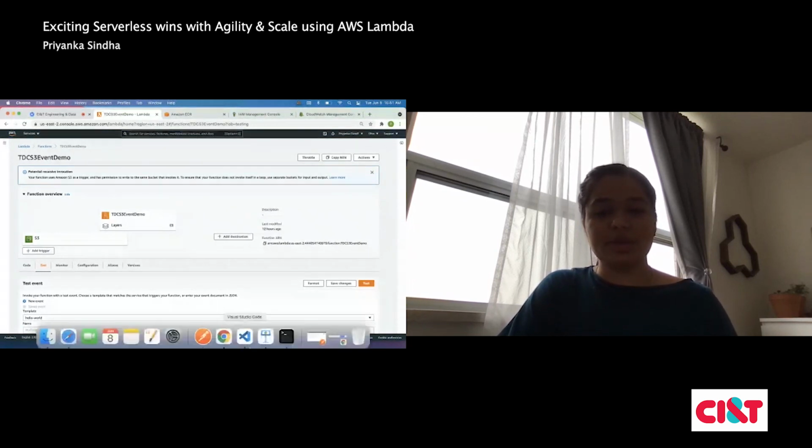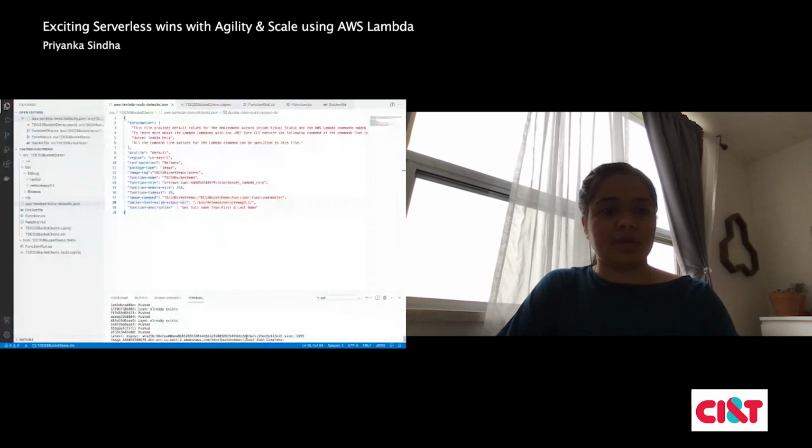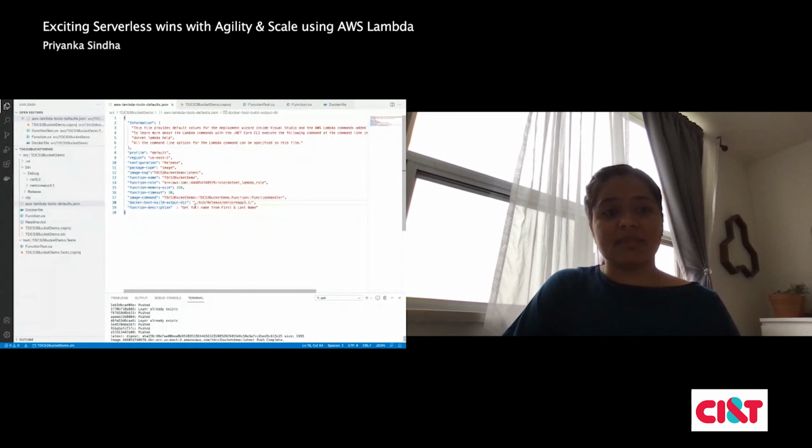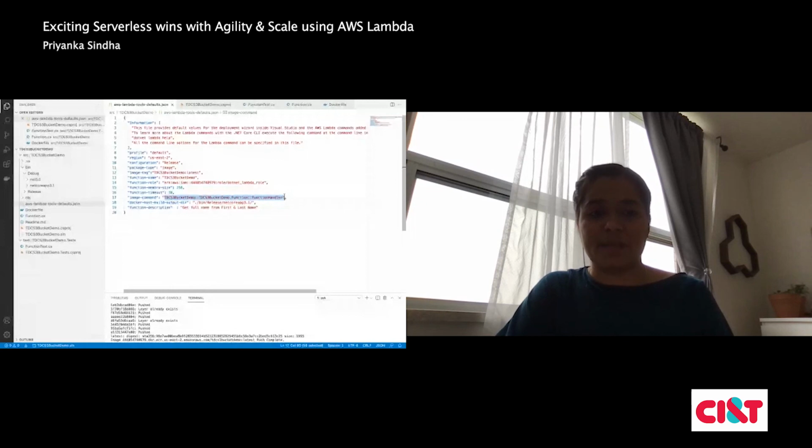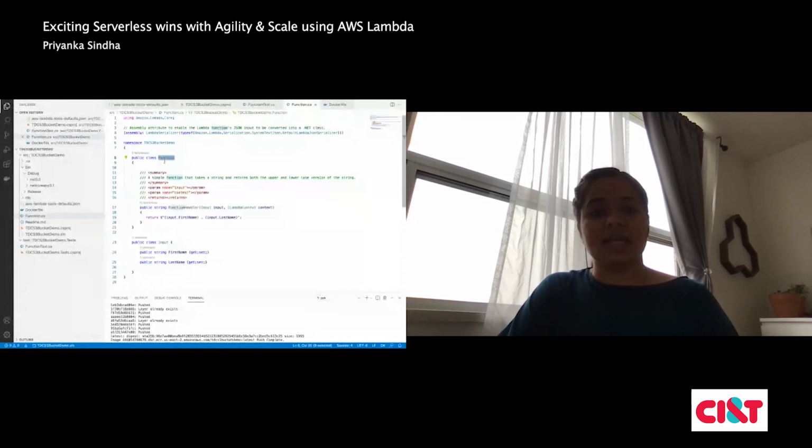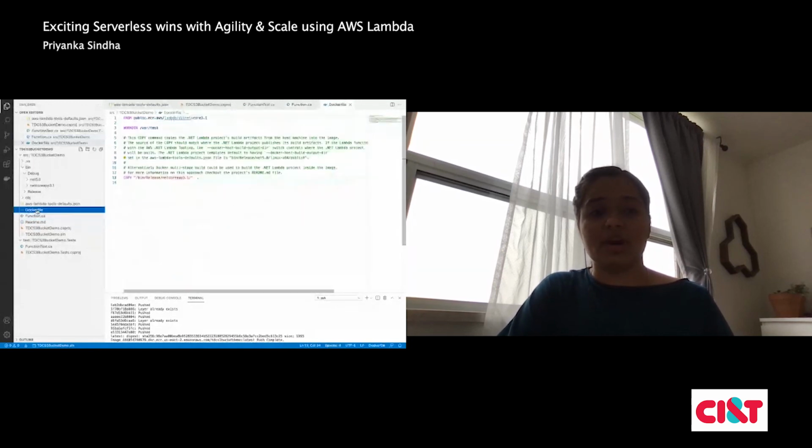So now let's go to Visual Studio Code. I mentioned that this is an image project right now. For the image you provide the Docker host build output directory, from where you need to take your package or DLL files. The image command is the same as your handler, and the most important thing here is the handler, because the handler is going to execute when your Lambda invocation happens. It will have a class and then your method name. And if you change a class name or method name, you have to change it here, not in the Docker file, sorry, here.